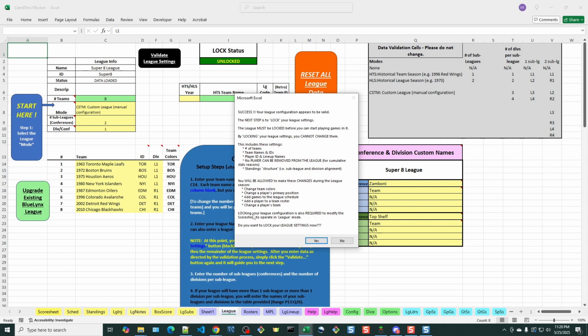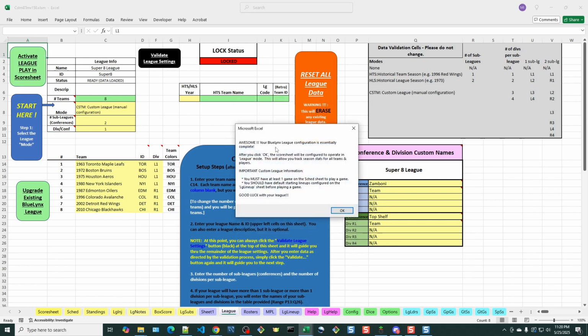it also says you have to lock your sheet before you can use your score sheet. So I'm going to say, yeah, we're ready. I'm going to lock these league settings. So I click yes. And it tells me some more good news, and it tells me that it's going to